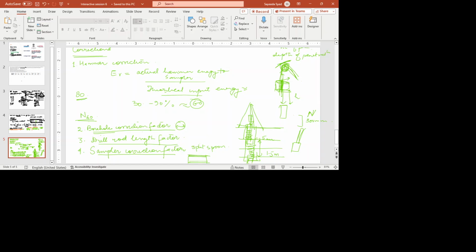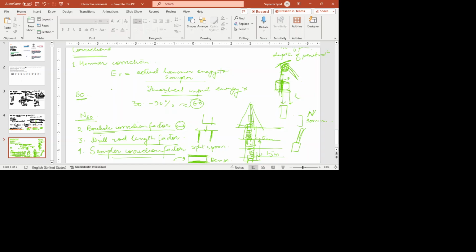It has a liner because, see, a split spoon sampler's walls are quite thin, not as thin as a Shelby tube, but they are thin, and with the blows we get, these rods may buckle. So sometimes we use a liner here, and some for dense sands. And based on what kind of split spoon sampler we are taking, we have these correction factors. Okay,